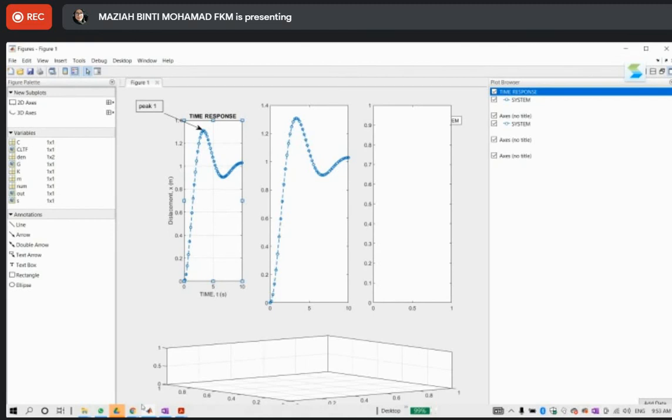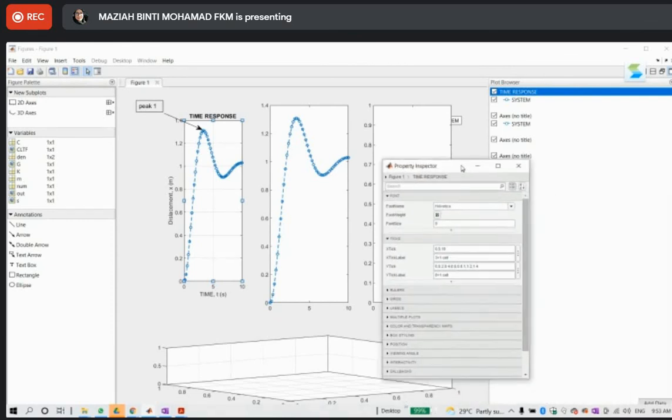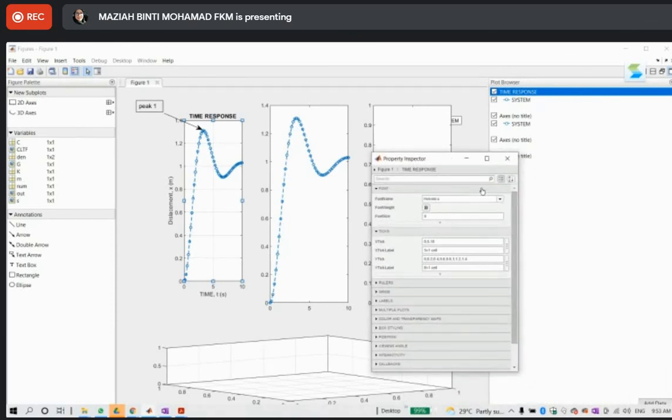Okay. This one property inspector. Okay, you change the font. You can change the axis there. Let me